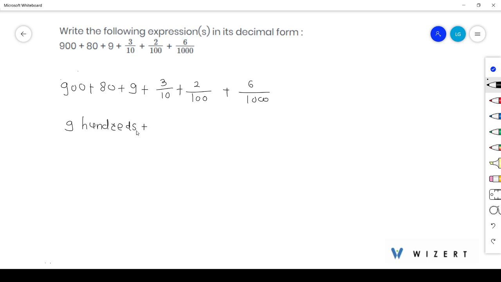hundreds. 80 means 8 tens. 9 means 9 ones. 3 by 10 means 3 tenths. 2 by 100 means 2 hundredths. And 6 by 1000 means 6 thousandths. Okay. So we can write this as